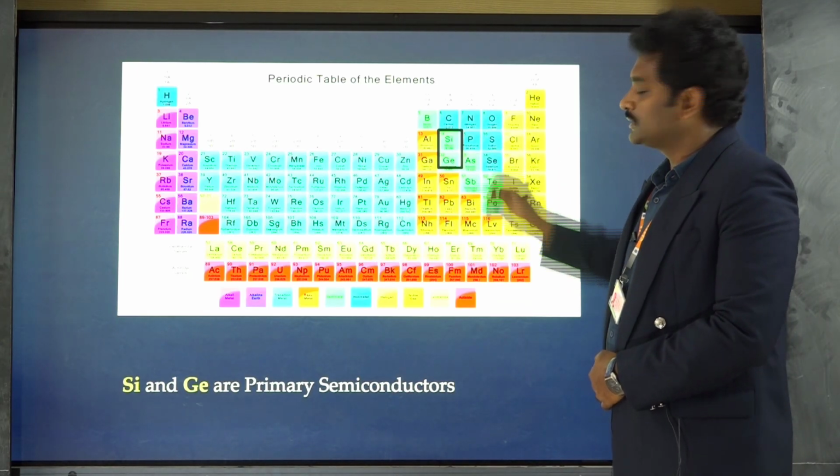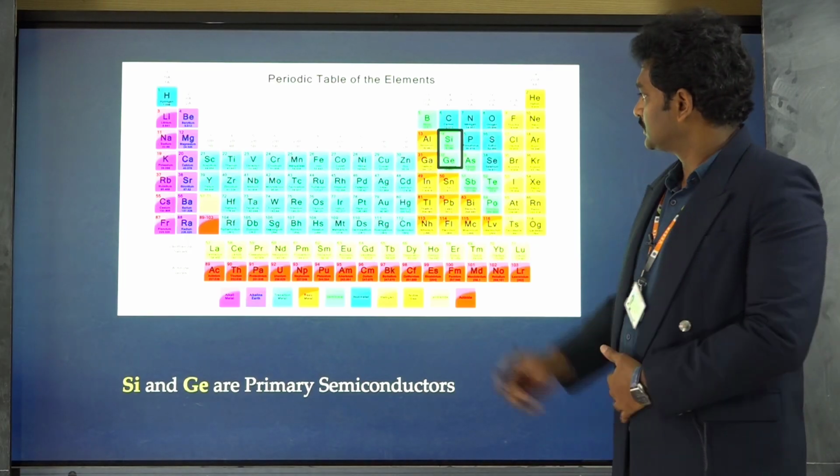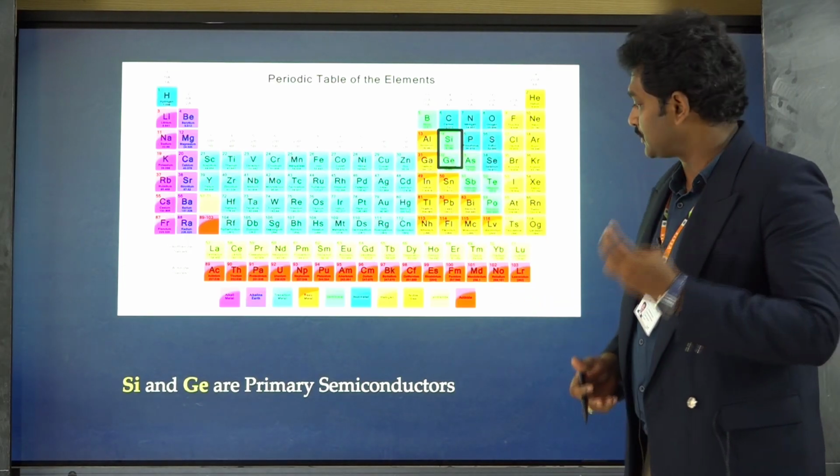Fifth group element means in the valence orbit there are 5 electrons. Third group means in the valence orbit there are 3 electrons. Okay. Now,